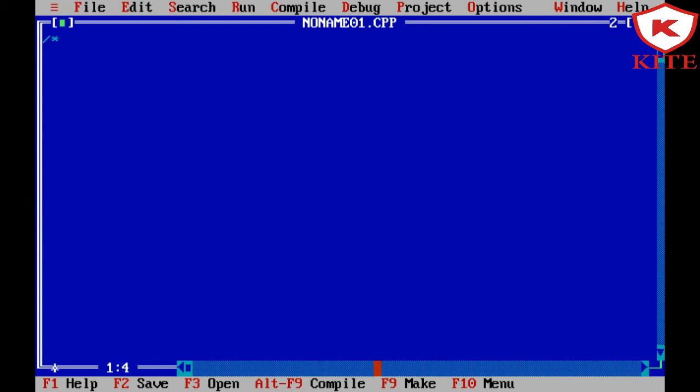So I will use the slash and star. First one is program name, print hello. Now then after, I will declare a date.